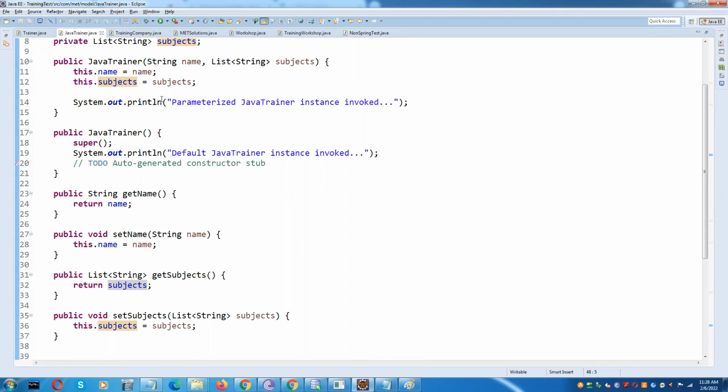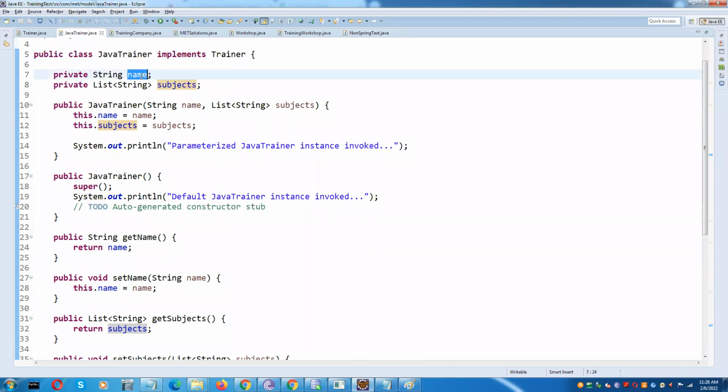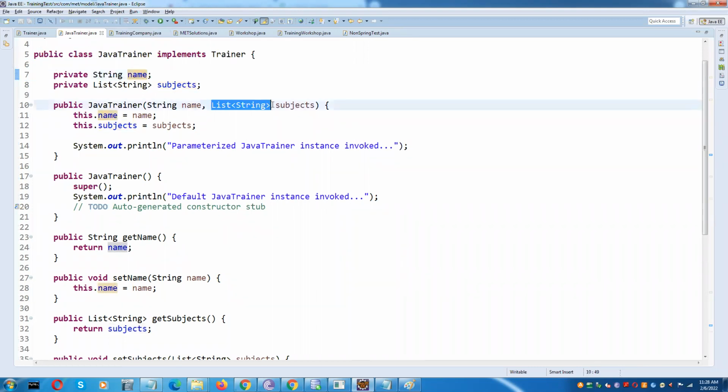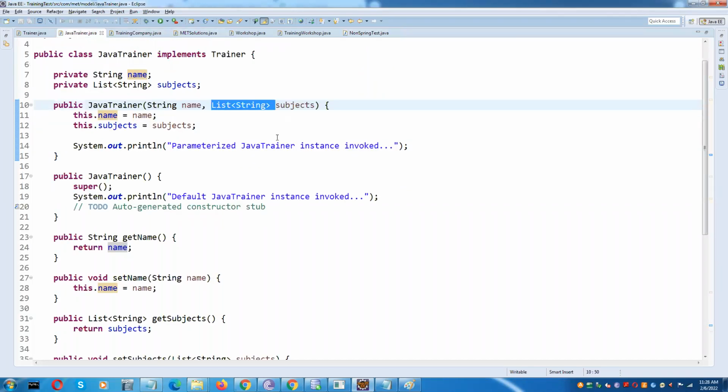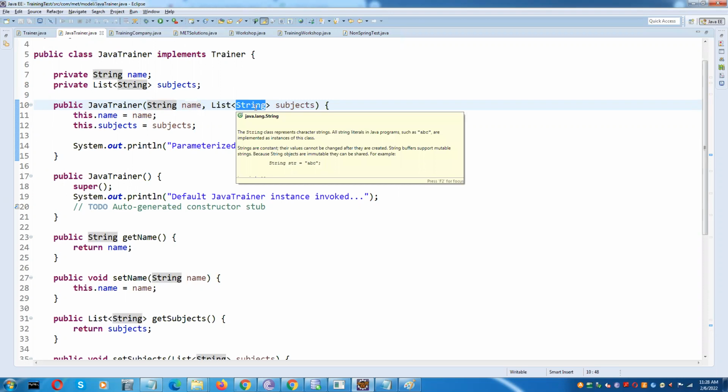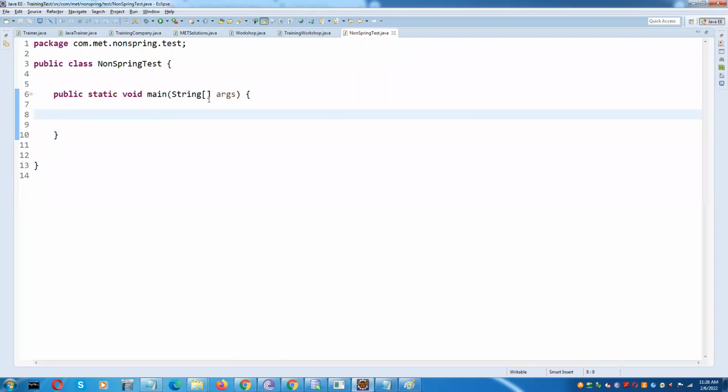For creating a Java trainer, if you are a Java developer, what you need is a name and a list of string of subjects. So we'll write that. I'll create this Java trainer by calling this parameterized constructor. I'll pass a name and I will need to pass the list of string of subjects. So what I will do is I'll first create that list of